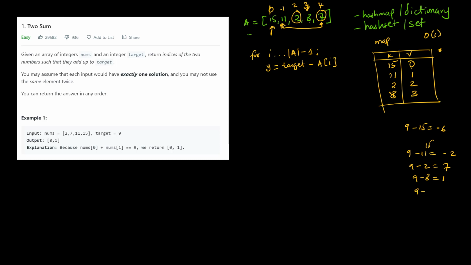7, the counterpart is 2. We come in this dictionary, we find 2 is there. It's at index 2, so we found our solution. Okay, so basically we're just saying if this map that we have has y, then we found our solution. Just return map y,